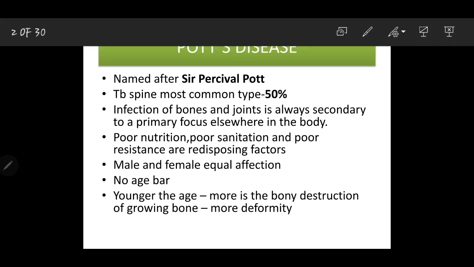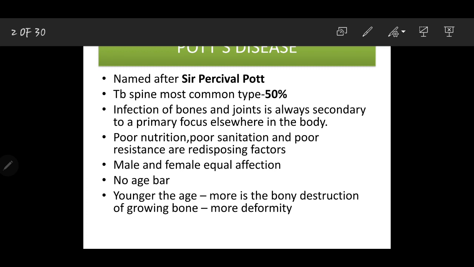And then we have Pott's puffy tumor, which is nothing but osteomyelitis of the frontal bone. Then we have Pott's disease, that is tuberculosis of the spine, and Pott's paraplegia. And these are all the contributions of Sir Percival Pott. So now, TB of the spine is the most common type of osteoarticular tuberculosis because TB spine consists of almost